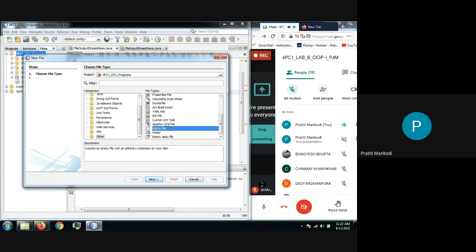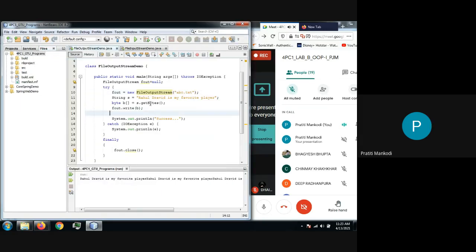If you want to read first, then you can create an empty file, write some content in that file, and then you will be able to read the file, because for reading it is necessary that the file must exist beforehand. Okay, so this is how you can create a file. If you are doing writing, automatically if the file is not in the system, it is going to be created for you. Got it, everyone?